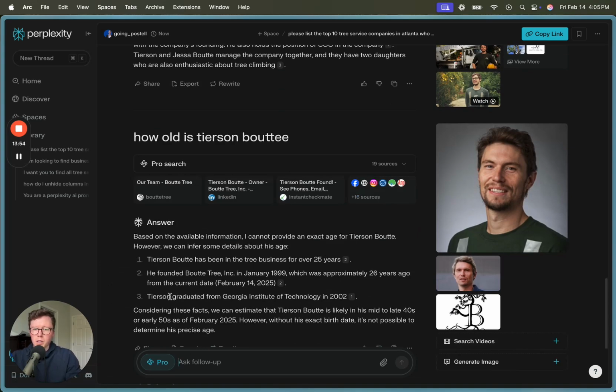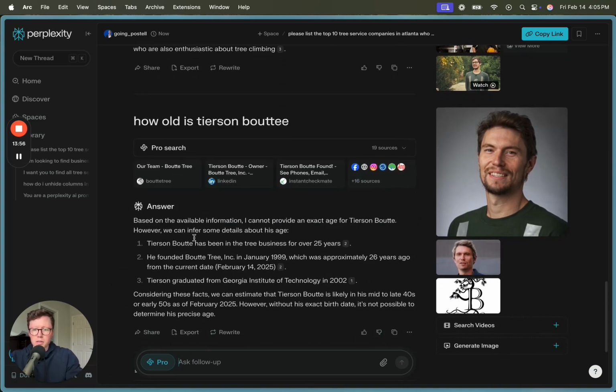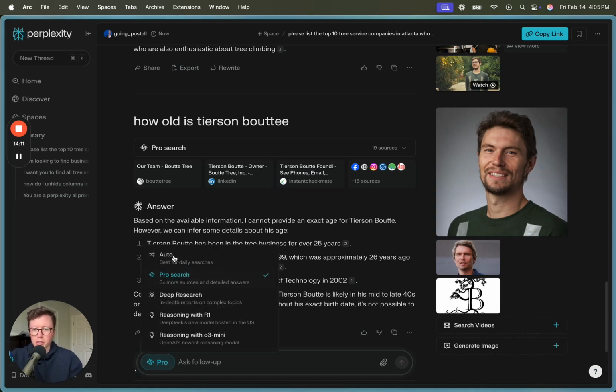So mid to late 40s, early 50s, based on his professional profile. So then you'd know potentially he's in a position to want to sell and retire. So this could be a good target. So in essence, guys, this is just kind of an overview of Perplexity and what it can do. Like I said, there's a bunch of different things you can do with it, the deep research, the reasoning, which is great as well, with both DeepSeek and OpenAI. So I recommend you to dive into this.